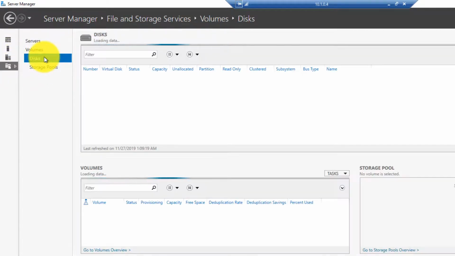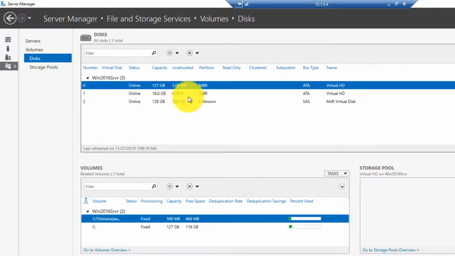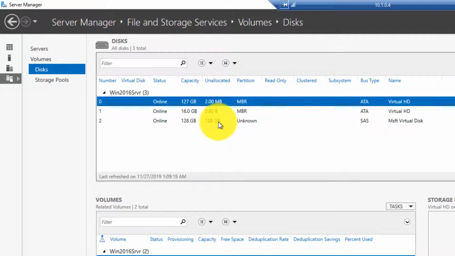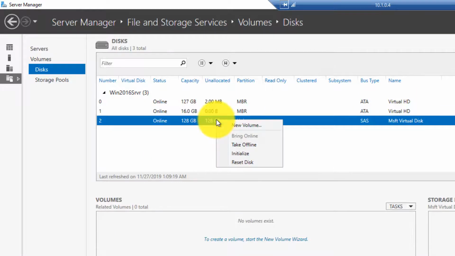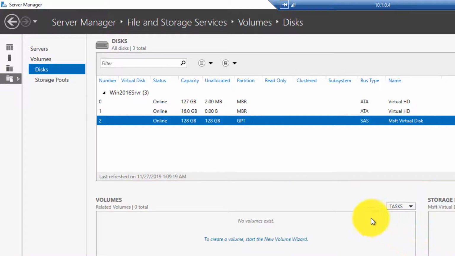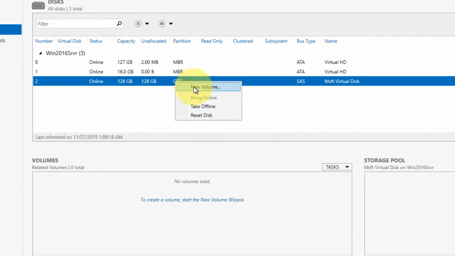disks, right? So when we get to disks, we're going to see one that's unknown, because I did create this, as I demonstrated, but it hasn't been initialized and mounted. So here I'm going to take this and I'm going to initialize it. Performing this operation erases all data on the disk, which there's nothing on the disk. Okay, now it's initialized. Now I'm going to create a new volume,